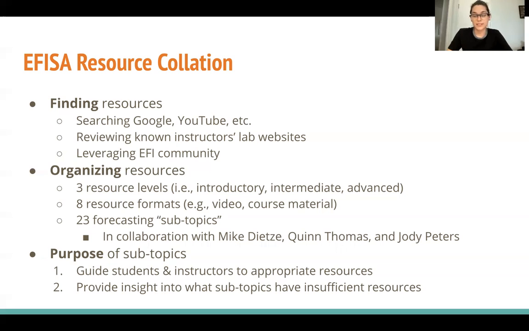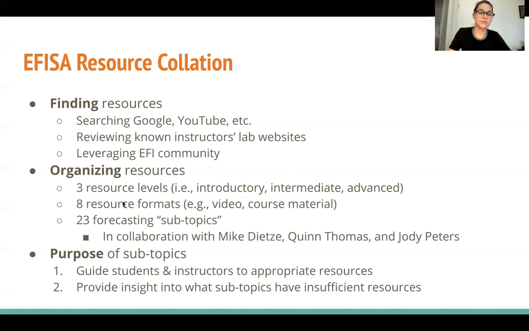When we had some resources collated together, we started organizing these resources. And I want to walk through a couple different ways that we've organized resources to get you thinking about how your resource development ideas later in this meeting could fit into some of these categories. So first, and possibly most obviously, we organized resources by different levels. So from introductory resources that require little background knowledge in a given topic to advanced resources that are for people who have quite a bit of background in a given topic.